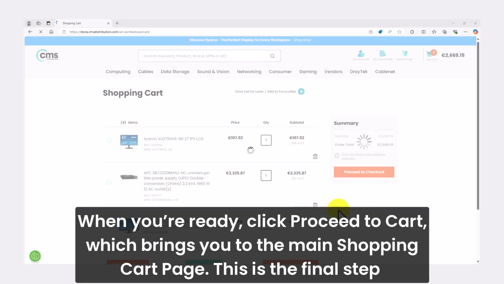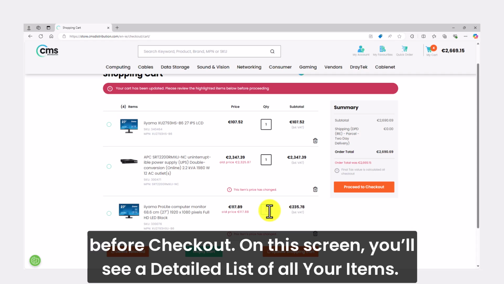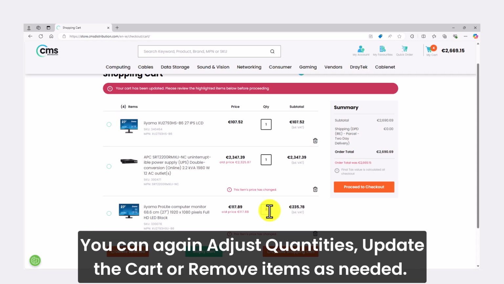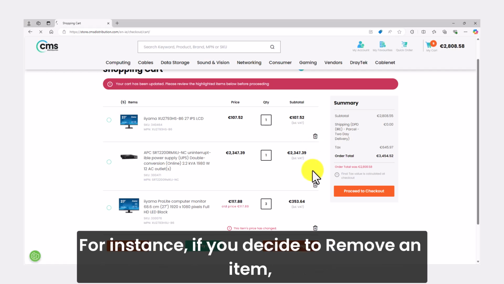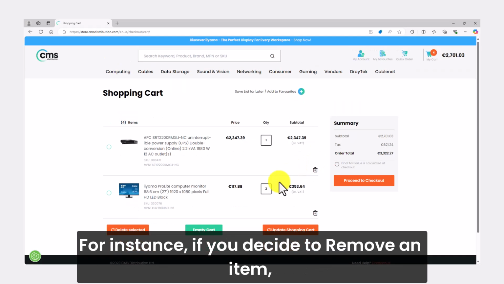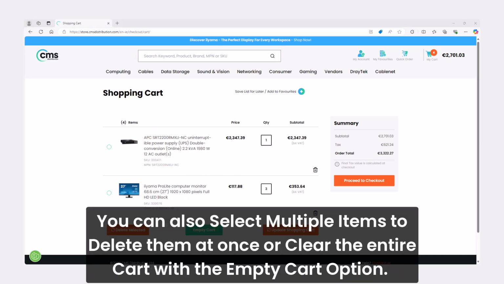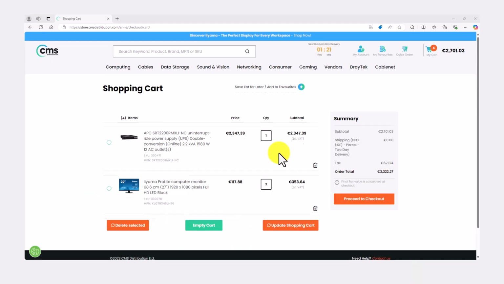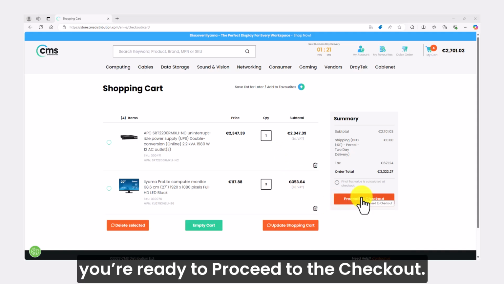This is the final step before checkout. On this screen, you'll see a detailed list of all your items. You can again adjust quantities, update the cart, or remove items as needed. For instance, if you decide to remove an item, the total updates reflect the change. You can also select multiple items to delete them at once or clear the entire cart with the Empty Cart option. Once you've reviewed your selections and are satisfied with the quantities, subtotal, and total cost, you're ready to proceed